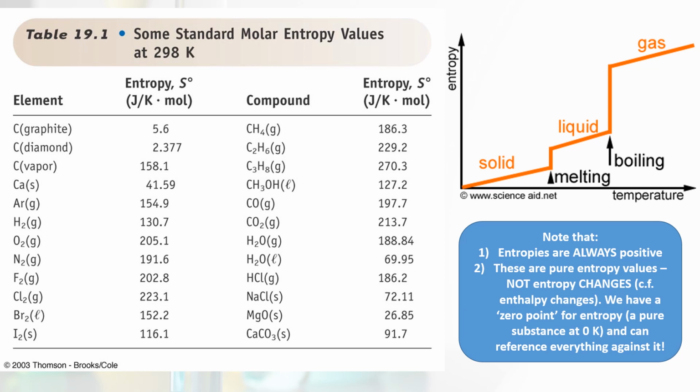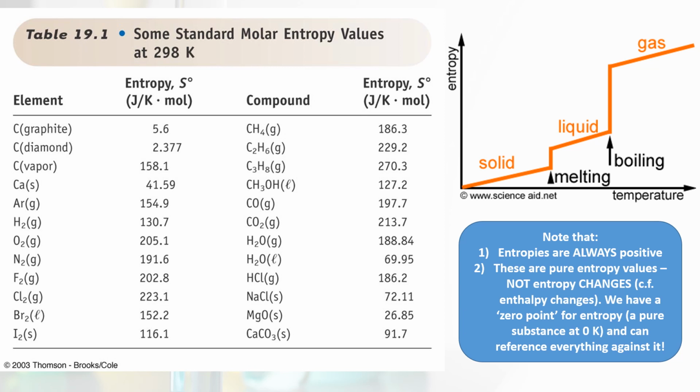Again, we can then heat the liquid. We give the particles of the molecules, whatever species are there, more energy, more kinetic energy. Therefore, they move quicker, and therefore there's a bit more randomness, a bit more disorder in our system. And it increases again until we get to the point where we get boiling. So we go from liquid water here to water vapor. And again, you can see a really big discontinuity, this huge change in entropy on going from the liquid to the gas. This is because, again, our gas is now more disordered than our liquid was. In our liquid, we can move around, but we're still held relatively close together by intermolecular forces. In a gas, those forces are broken and we can just move completely freely. So it's much more disordered, many more ways that we can arrange our particles in that system.